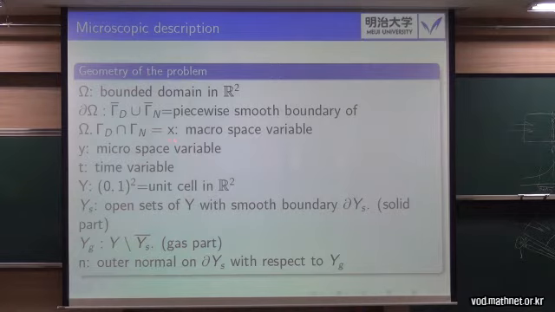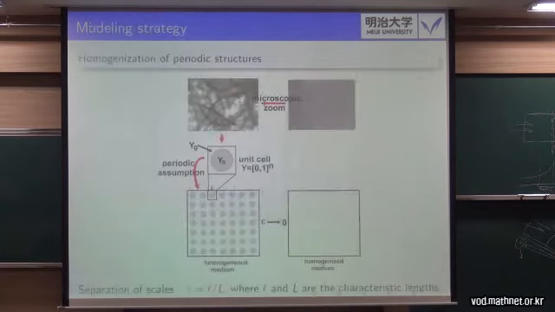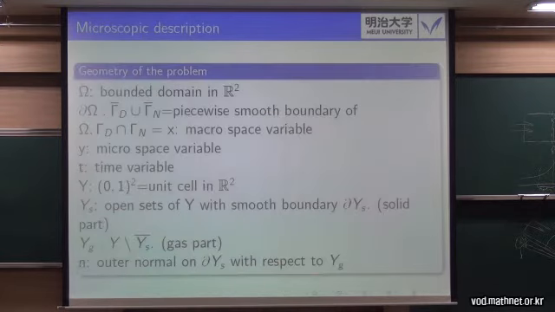the microspace variable, because in the sense of our description here, it means that since we have introduced a basic unit inside this system, we have an additional variable coming in here. So we represent this variable as the microspace variable, then t is the time variable, then y is our basic unit